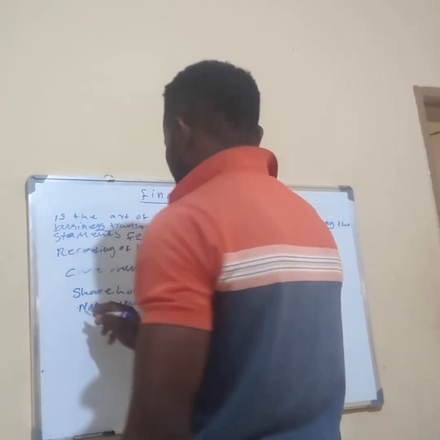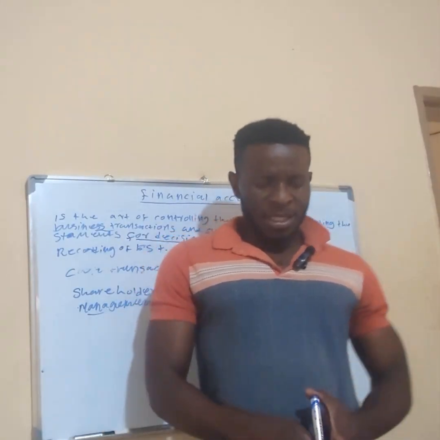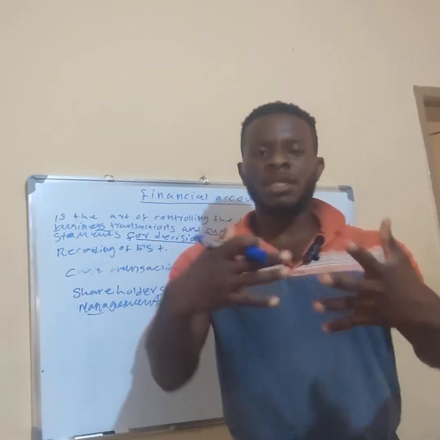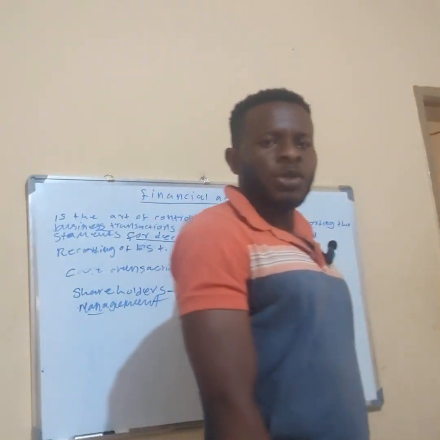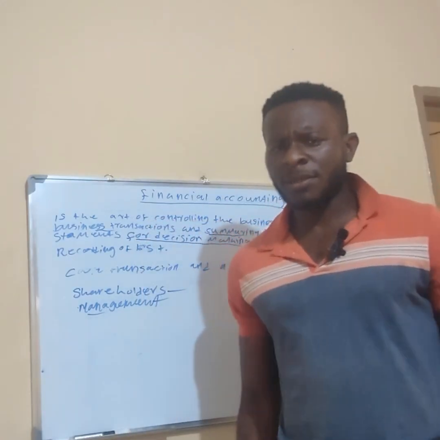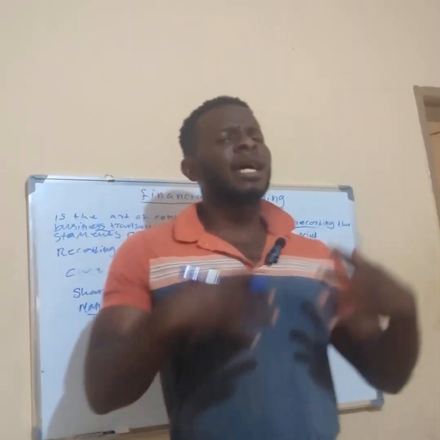We have the management. So, what are these creatures? These are the people who plan on how the organization should be run. These are the people who make decisions on how the business should run. These are the managers of that very organization. So they need this accounting information. They need financial statements in order for them to decide whether